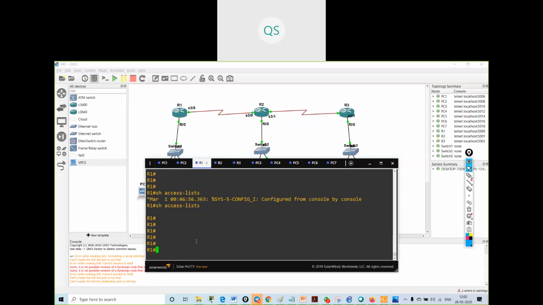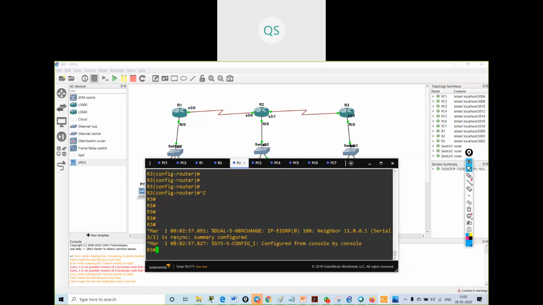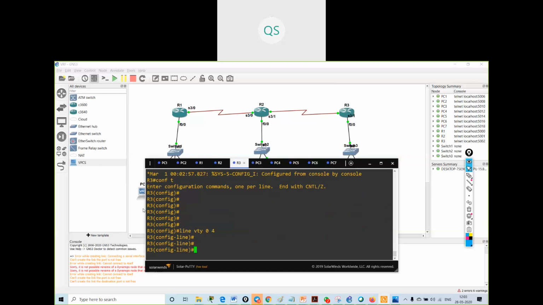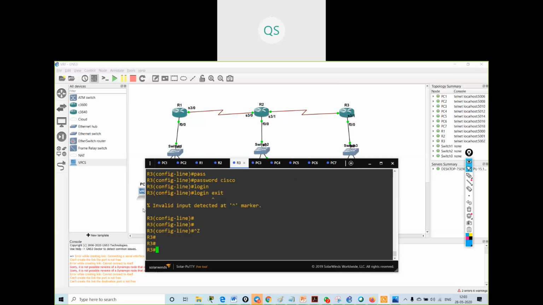Okay, now I will configure such that my R1 will telnet to R3. I will configure telnet access: line vty 0 4, password is cisco, and login.